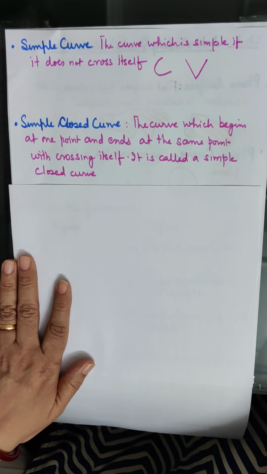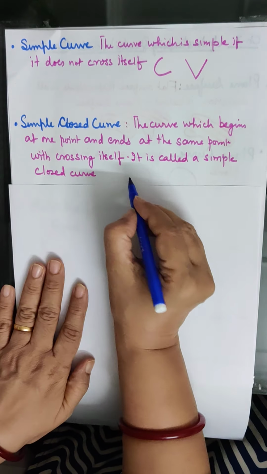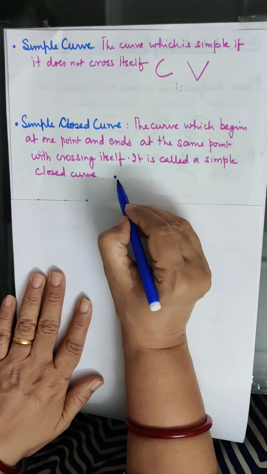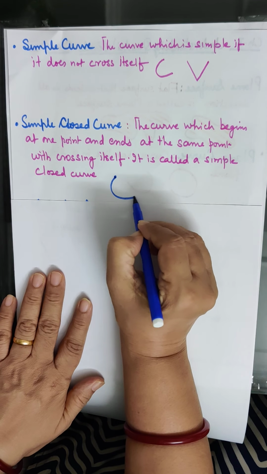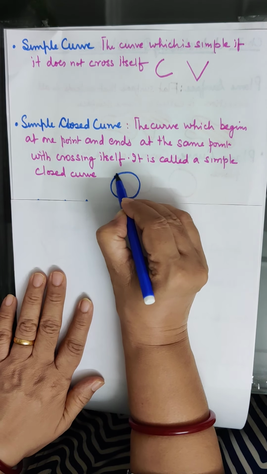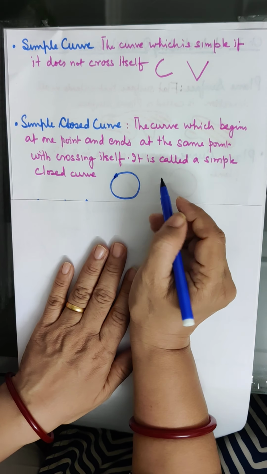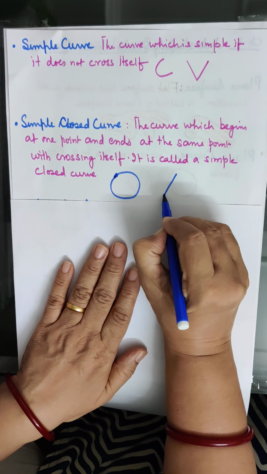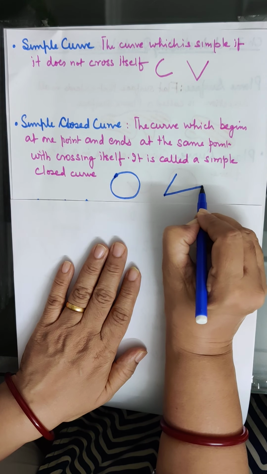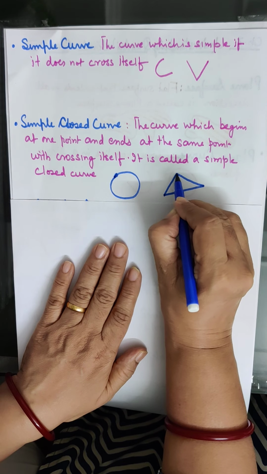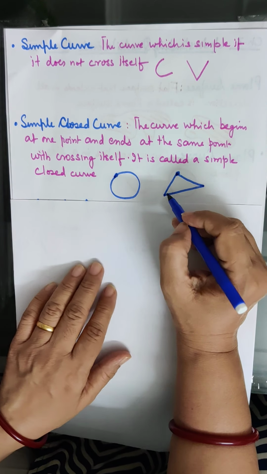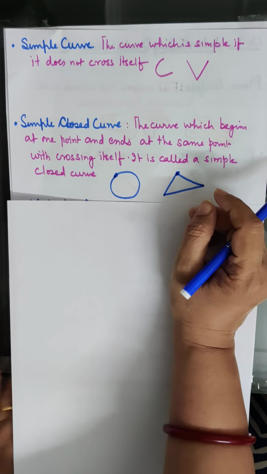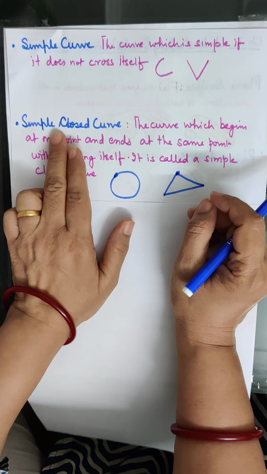Okay, let us draw the figure. This curve is starting from here and then ending here only, but it has not crossed anywhere. Now here, with the help of line segments, the curve started, it moved like this and again ends at the same point. So this is also a simple closed curve. And now the difference between the simple closed curve and the closed curve